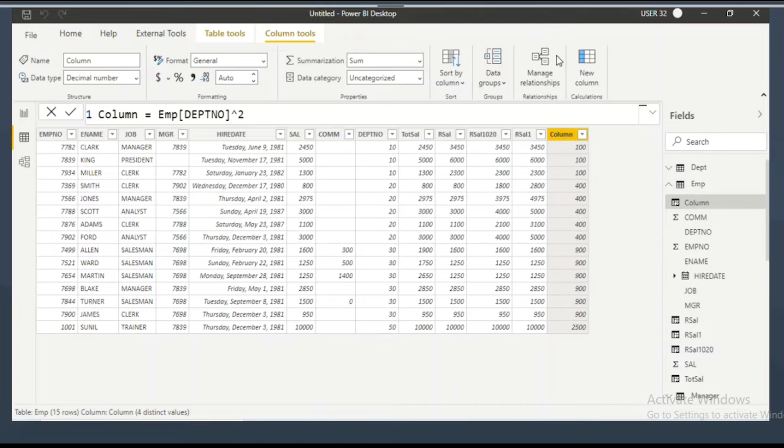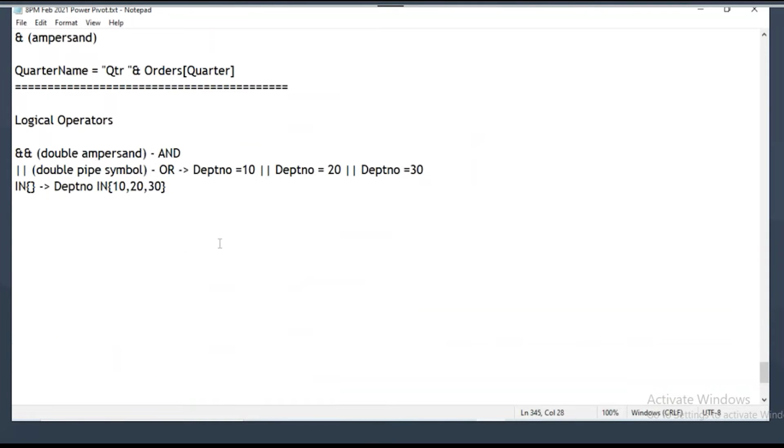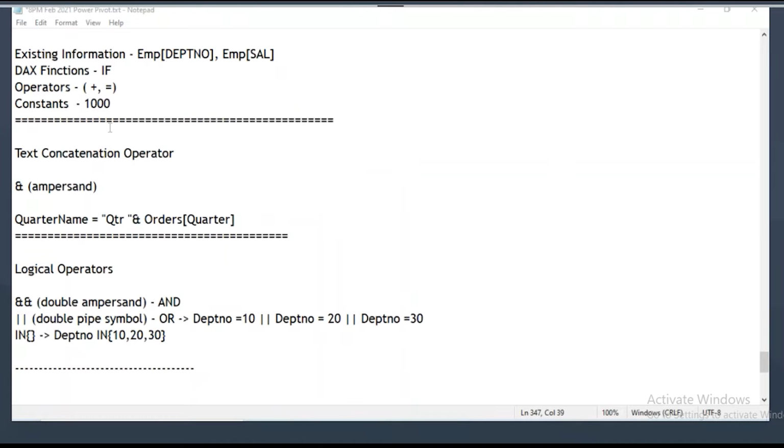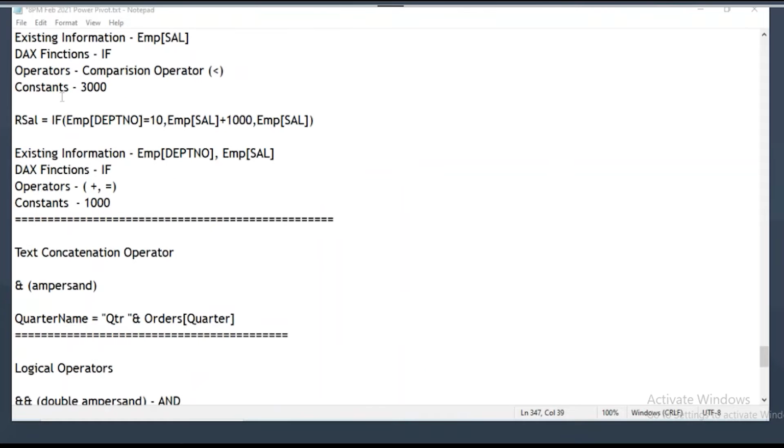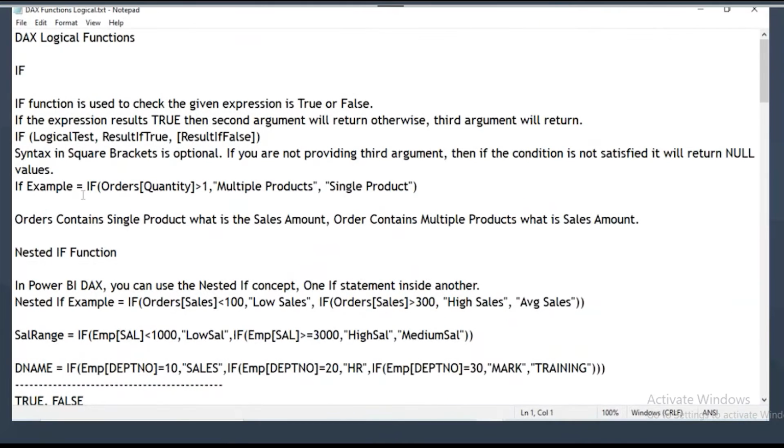Text functions. So we are done with discussing the operators. We will discuss operators in detail in the coming classes. If you have any questions, clarify your questions. We'll discuss it. So when I write the formulas everywhere,